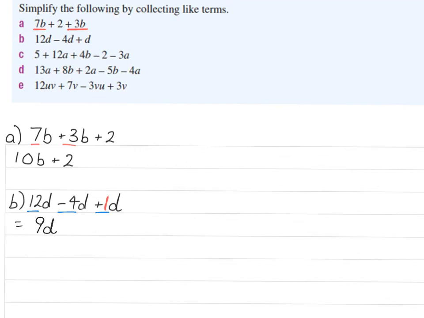Okay, moving on to question C, and we've got 5 plus 12a plus 4b minus 2 minus 3a. What you have to do first of all is look for your like terms. So which things are exactly the same? Well, we've got a 12a and we've got a minus 3a over here. So they're going to be like terms. And then don't forget that your numbers, when you've got just a number, they're also something that you can add